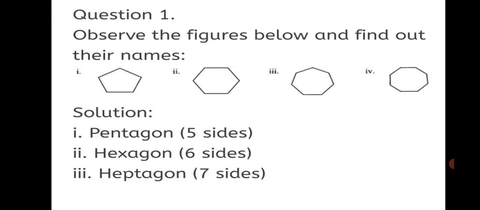So we got 8 sides altogether. Such a closed figure with 8 sides is called an octagon. An octagon is our answer for question number 4. It has got 8 sides. So this way you can see figure 1 represents a pentagon with 5 sides. Figure 2 is a hexagon with 6 sides. Figure 3 is a heptagon with 7 sides. And figure 4 is an octagon with 8 sides.